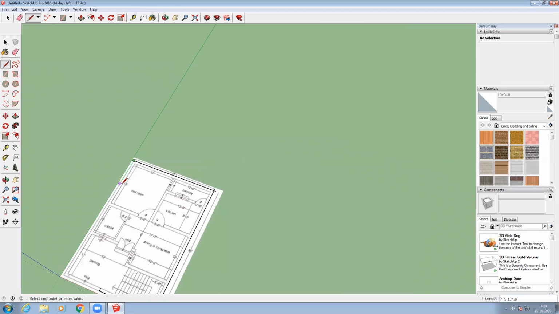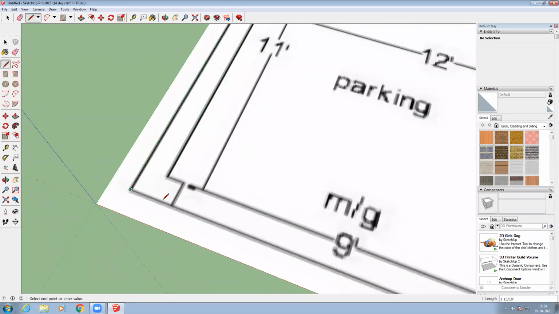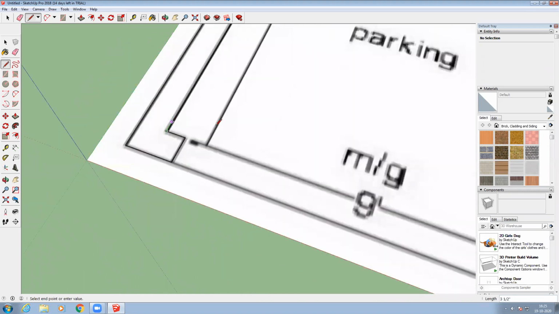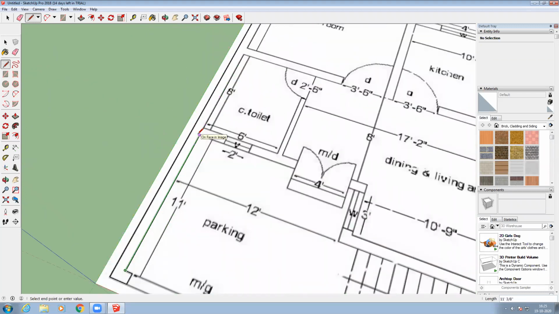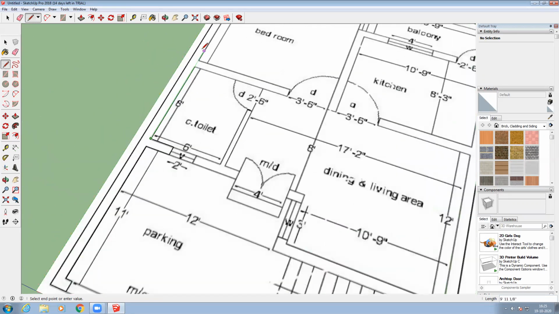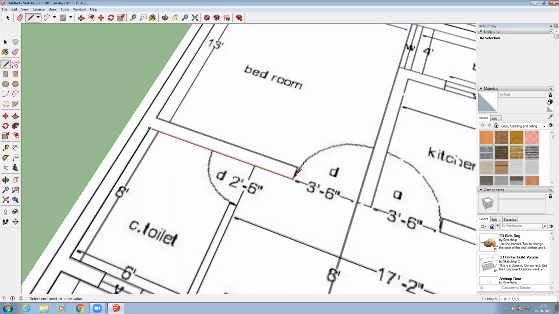right? And then here one point, you zoom in and take the point, so that you are going to get the particular wall thickness, whatever the wall is there. Even the inner wall also I'm going to consider here. See, a straight line you can take, and then you just click on it like this, and like this, and like this. You can take all the walls, whatever is there. You just have to go through the outline.